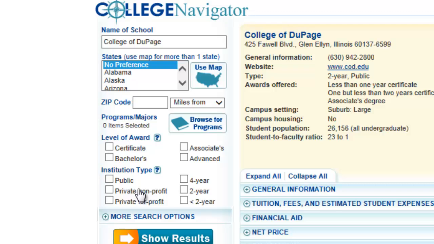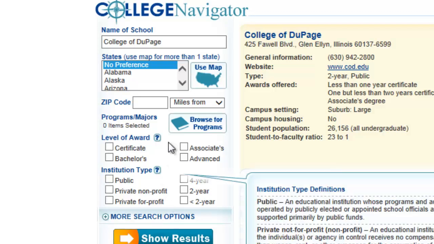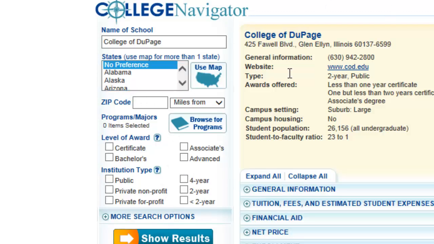So you may want to take a look at institution types if that makes a difference to you by clicking these and then clicking show results. It's going to help guide you to some of the different schools that fit your parameters, so play around with